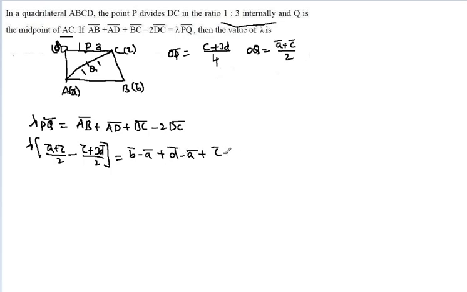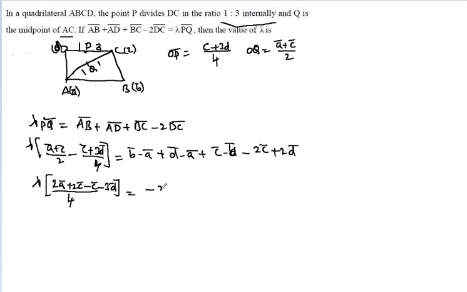BC bar, that is C bar minus B bar. Minus 2 DC bar, that is minus 2C bar plus 2D bar. So take LCM, that is lambda into 4 LCM, that is LCM is 4, that is 2A bar plus 2C bar minus C bar minus 3D bar is equal to, here is, so minus A bar,